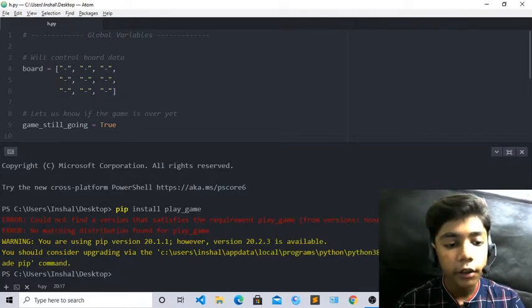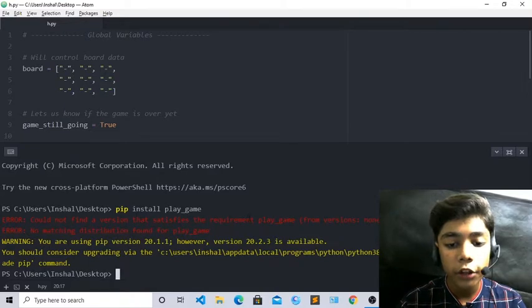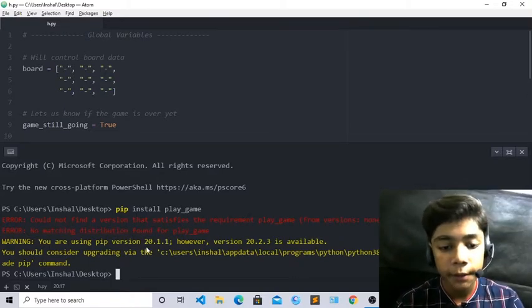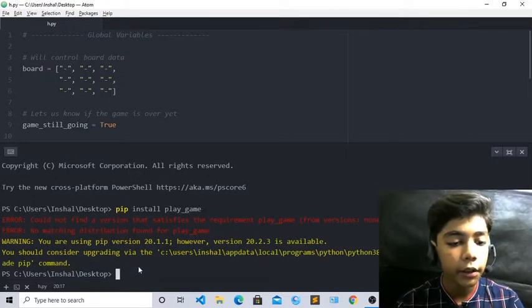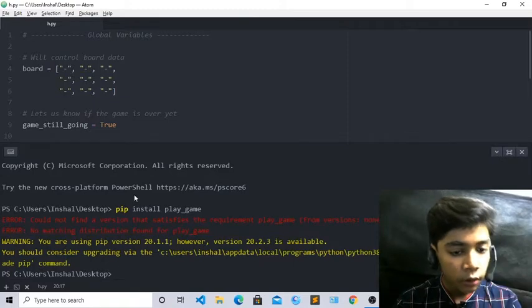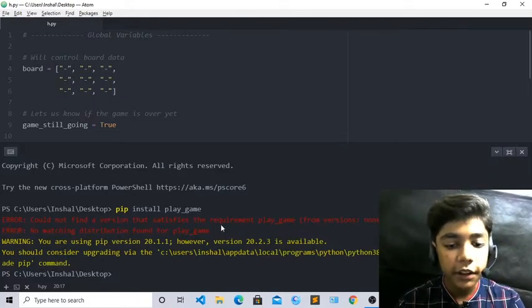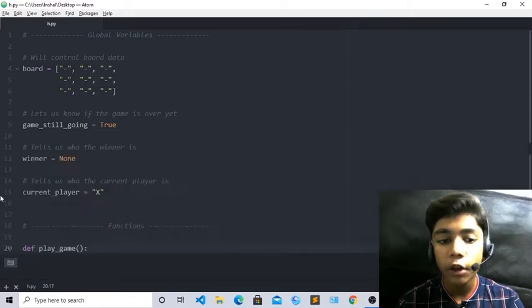This says you have already downloaded the latest version, so you do not have to download it again, okay. Requirement already satisfied, like I have told you many times, so I hope you all remember that also, okay. Now when you write pip install play game here, you can see it could not find a version that satisfies the requirement, because the requirement is already satisfied. First of all, just close it from here, okay.